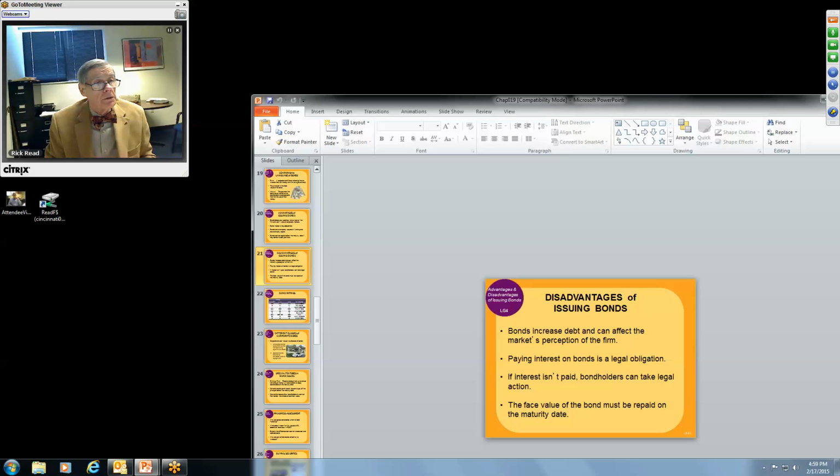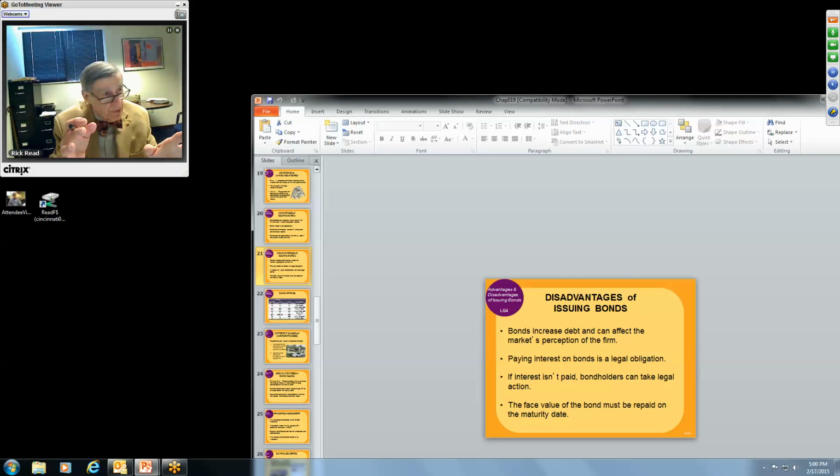Now, of course, when you have advantages, there are disadvantages. Remember that a bond is a debt, and the more bonds you issue, the greater your debt is. And if investors look around, or bankers or someone else, or even the government for that matter, sees that a number of bonds have been issued and the company doesn't seem to have the wherewithal to pay all that back, then the company's standing is going to fall in the eyes of investors, and of course the larger population as well.